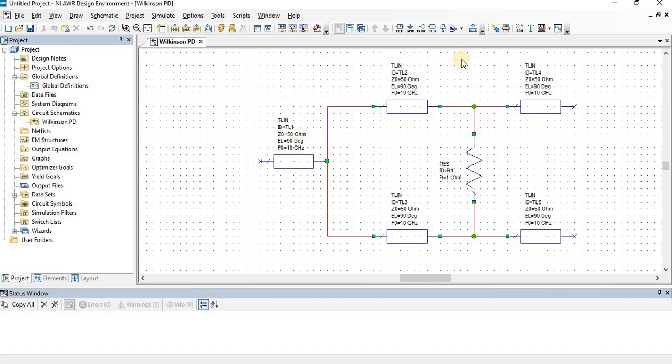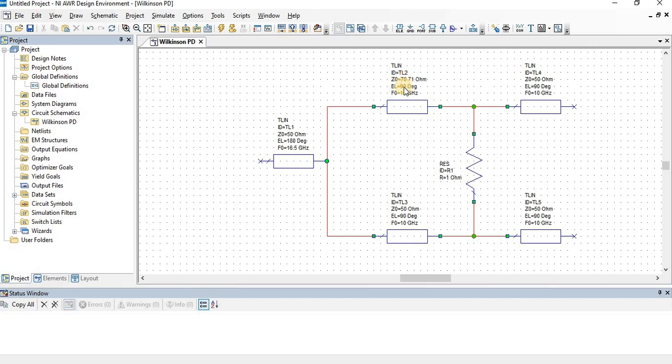So once you do this, what values have to be given to design one Wilkinson power divider? So my input impedance will be 50 ohms as usual, and here my electrical angle I'll keep it as 180 degrees, or 90 degrees is also fine, and frequency will be my operating frequency, which is 16.5 gigahertz. So if you see, when we divide the power in a Wilkinson power divider, the transmission line will be lambda by 4 and impedance will be root 2 into Z0. So here my Z0 is 50 ohms, so root 2 into 50 ohms is nothing but 70.71.